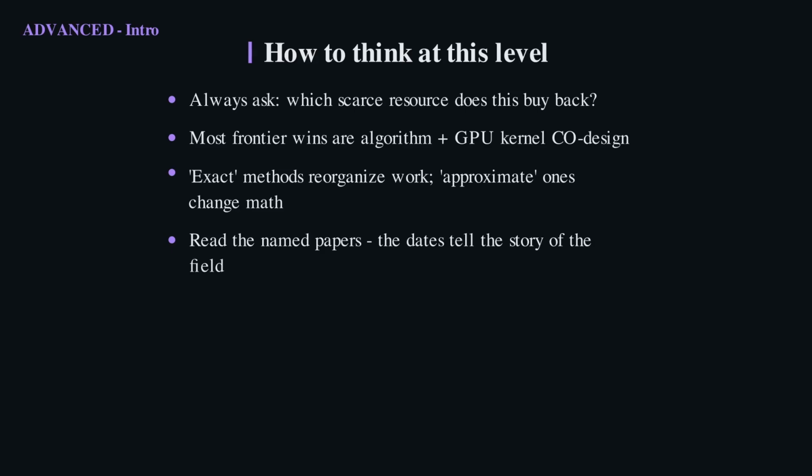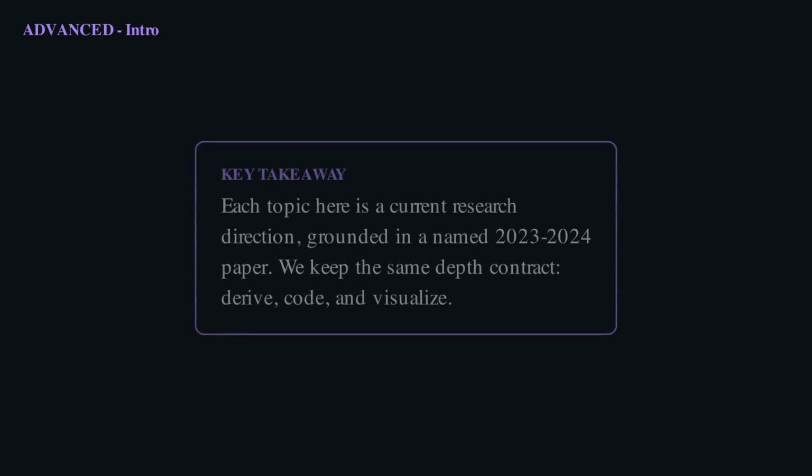The rapid-fire sequence from 2022 to 2024, FlashAttention, rope scaling, VLLM, Mixtral, DeepSeek, Mamba, is a story of the field discovering, one bottleneck at a time, that serving large models is a systems problem as much as a learning problem. Resource, co-design, exactness, hold those three as we go. Let's go to the frontier, starting with FlashAttention-2 and 3. First, how FlashAttention got another order of magnitude.